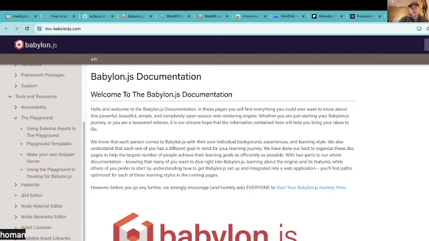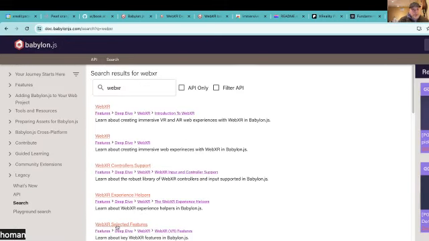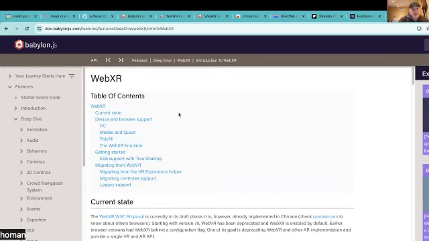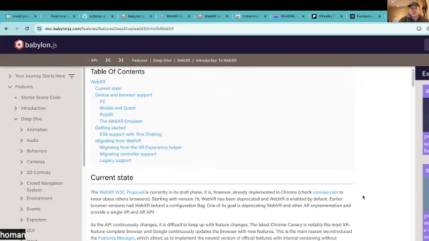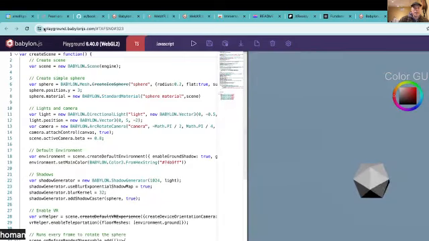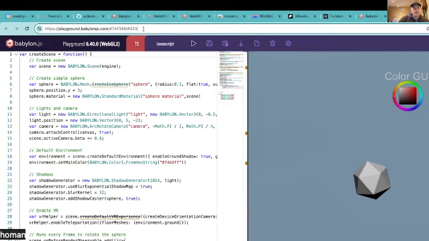So if you were to search something like WebXR, they have a good search. And here's an introduction to WebXR. And you see these things on the right? These are links to the playground. So if we click over to this one, for example, this will open up a new window, playground.babylon.js, and it has this snippet code. If you save this, it will produce a new snippet code like 32324, for example. You can create as many examples, as many snippets as you want,